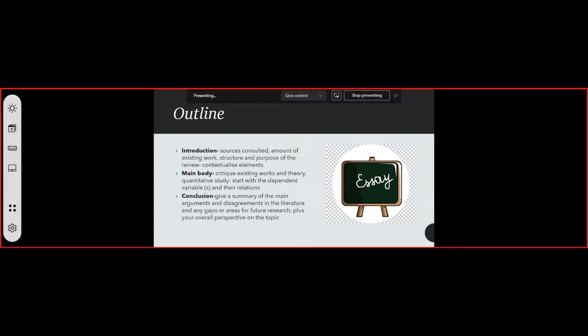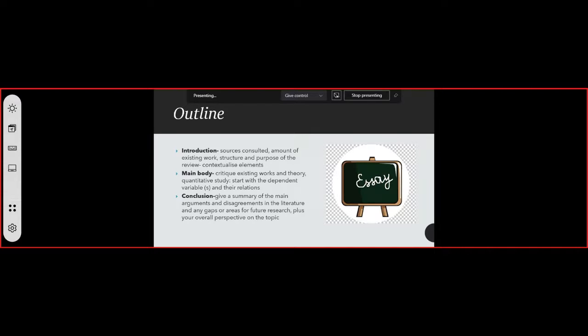So any introduction paragraph in any chapter of your research will typically tell the reader what is the structure. It will tell the reader what they can expect, what's coming up. It would also contain the purpose of the review, and it would contextualize the elements that you're going to present. Then your main body,